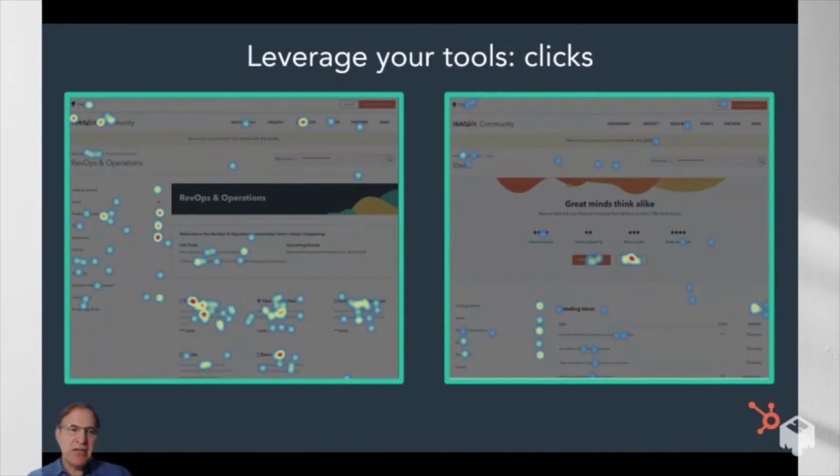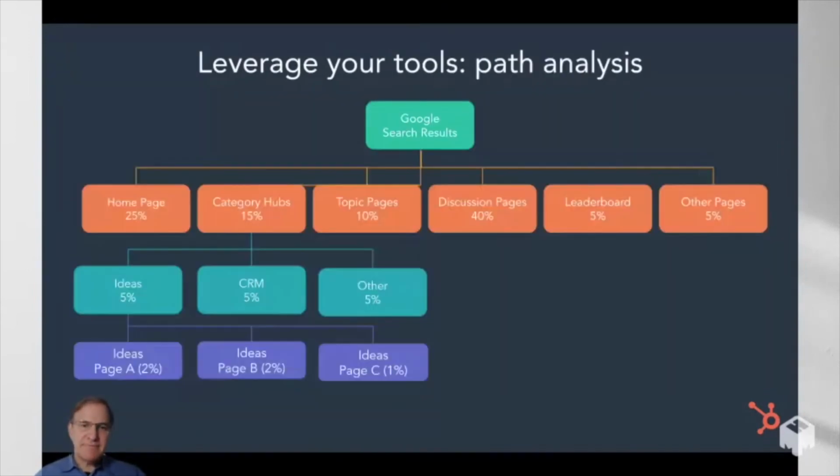So what you're looking at here are screenshots of different pages in the community. You're looking at a heat map. The red part shows that people have spent more time in those areas of the site. So it's showing you where people are clicking, where they're going on the site. Hotjar also offers video. So what you can do is make a bowl of popcorn, sit down and watch videos of how individual users, and it could even be individual users from a cohort, are surfing through your site. Really important if you want to understand the different paths people take.